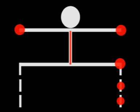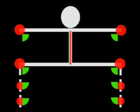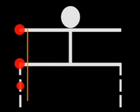Okay, so we have shoulders, hips, knees, and ankles. Here's the middle of your spine coming all the way up and down: shoulders, hips, knees, ankles. If you don't have a 90-degree angle at each joint, meaning that the joint is straight across from the other and straight up and down from the one, that's the shoulder, for example, this being the hip, this should be straight up and down from the shoulder and the knee. If that does not exist,